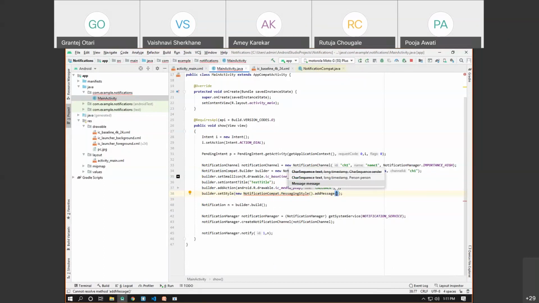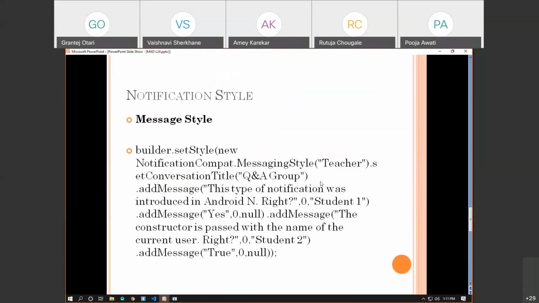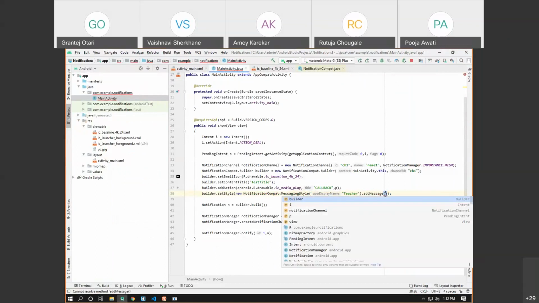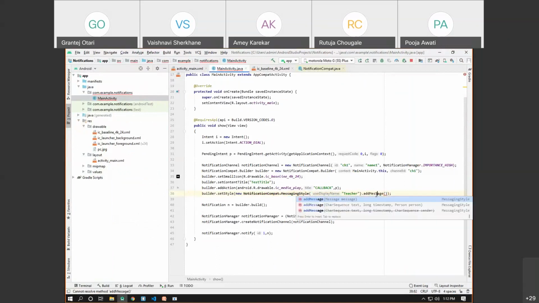First is the text. Let's see what we have here. Yeah, so the message style requires one parameter, text. So let's add the same parameter here. Dot addMessage requires 3 parameters: character sequence, timestamp, and the person.